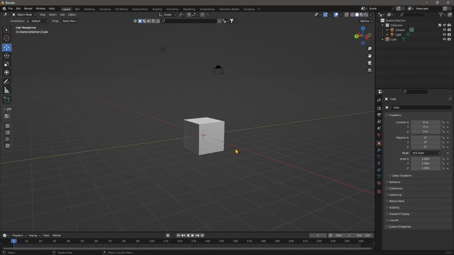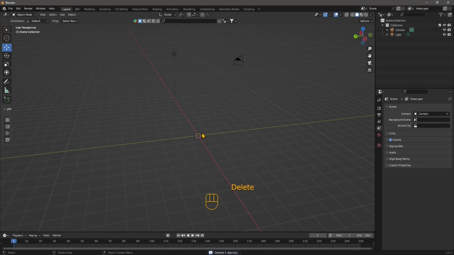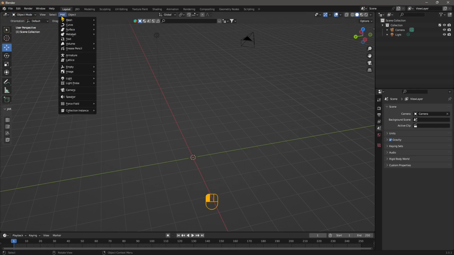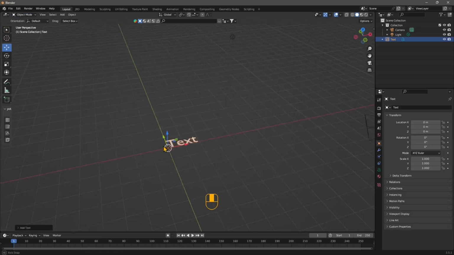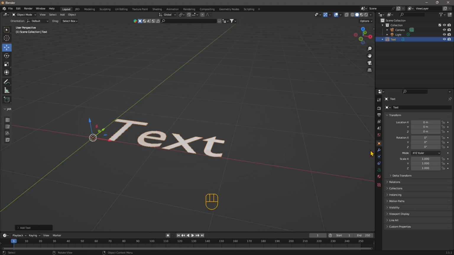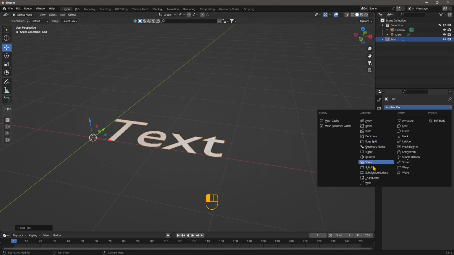So how we can do the text in Blender is really easy. Blender has the add text feature. So if we go here, we go to add text, it's really easy. So there we go. The text is there, but it's flat. So if you want it 3D, you just go to add modifier, use solidify, and that's